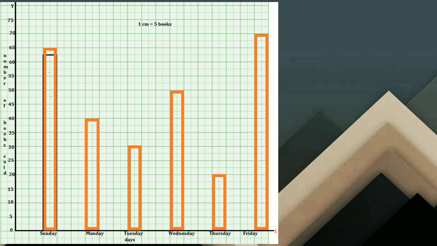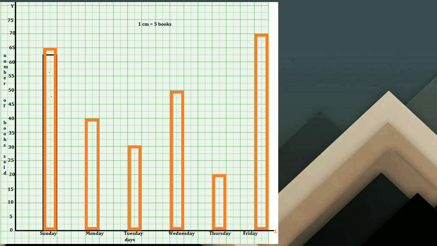And you can see on the horizontal line, we write here Sunday to Friday, all 6 days. I can keep the width of 3. See, I'm taking 3 boxes and then writing Sunday, 3 boxes again, then Monday, and so on. Or it's up to you. You can take 1 box each for Sunday, Monday, or you can take 2 also, depending on the space available to you. So it's up to you how you do it.